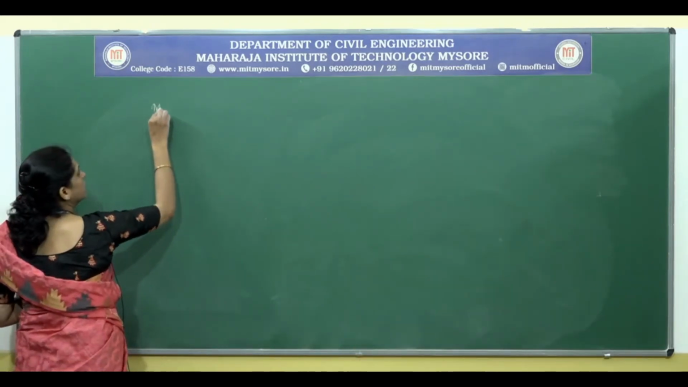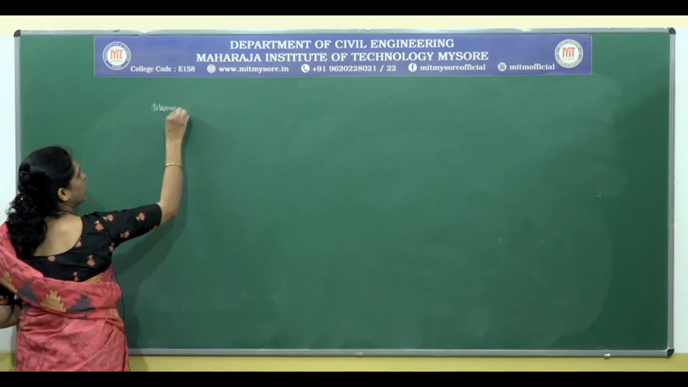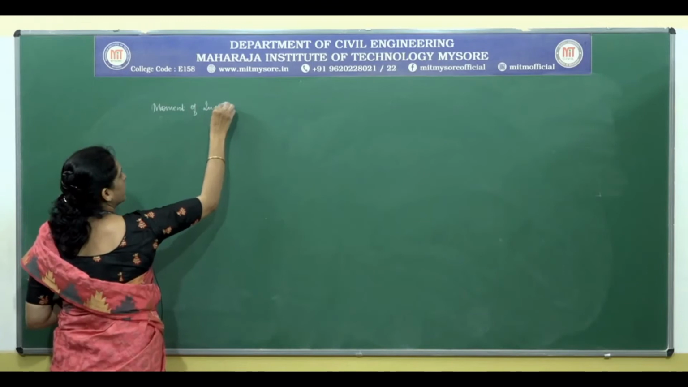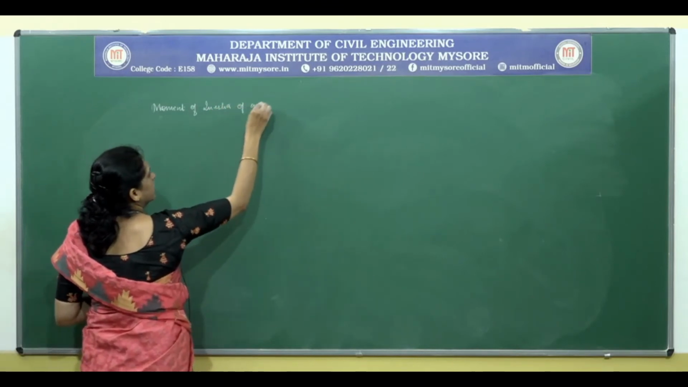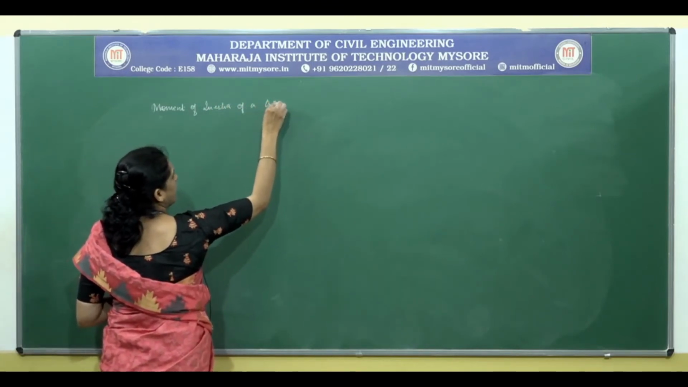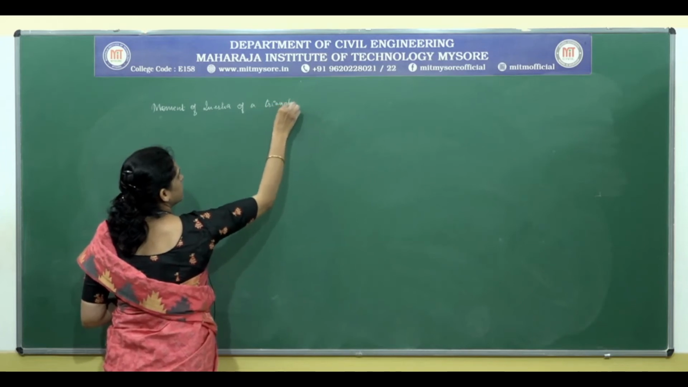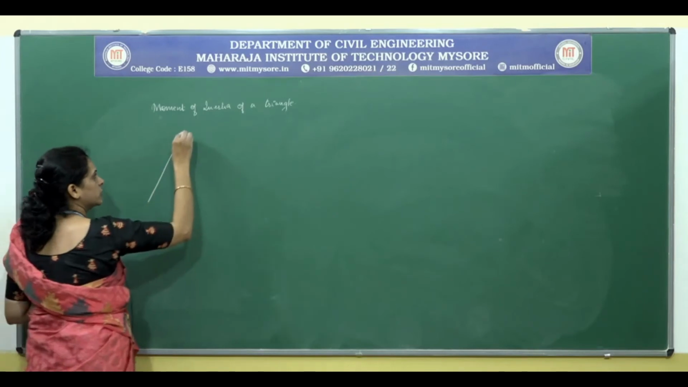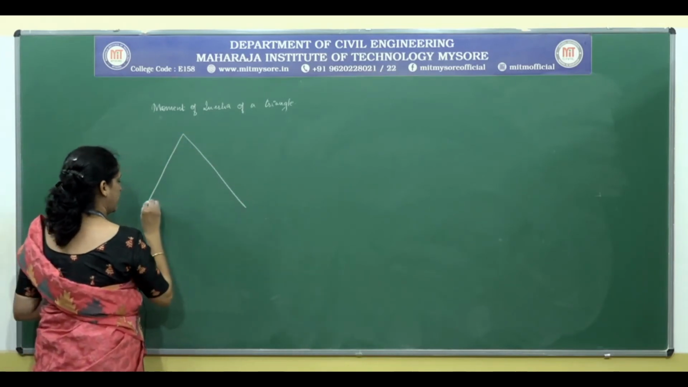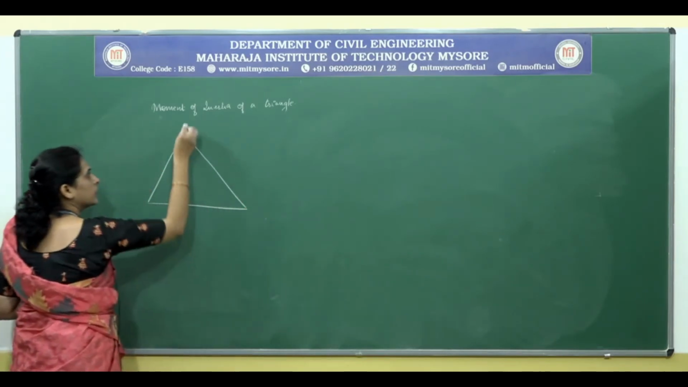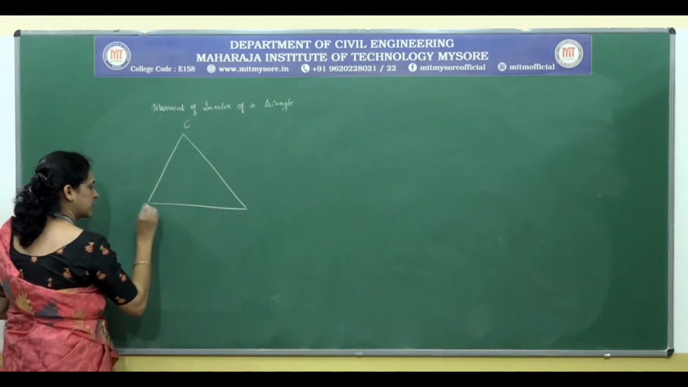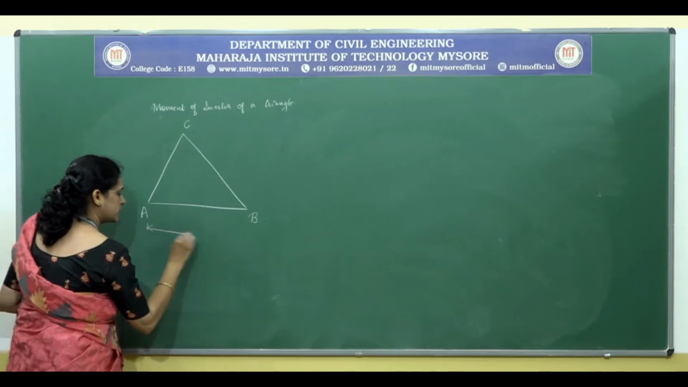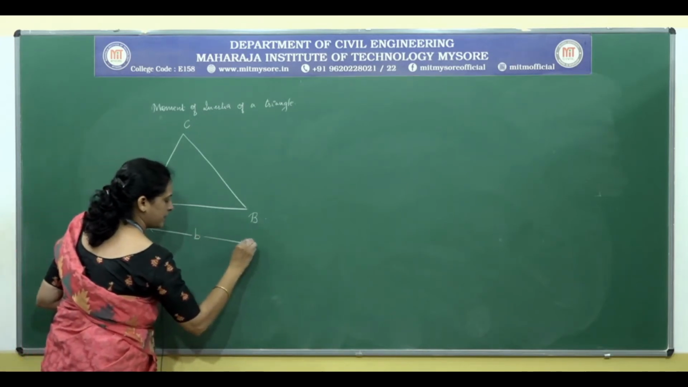We derive the expression to find out the moment of inertia of a symmetric triangle. So, we will consider a symmetric triangle, name that as A, B and C. The base is B,